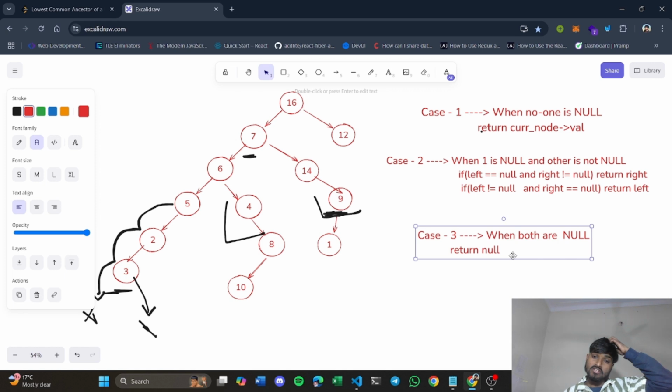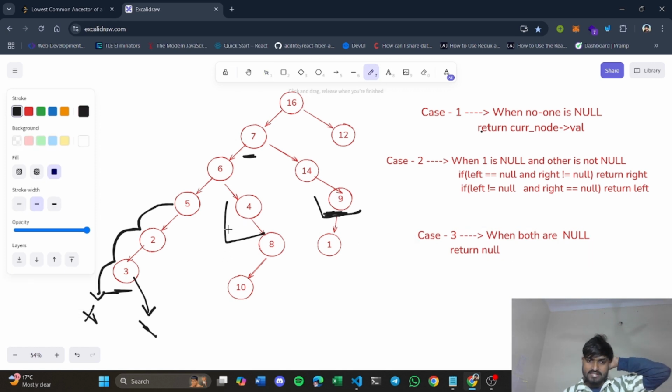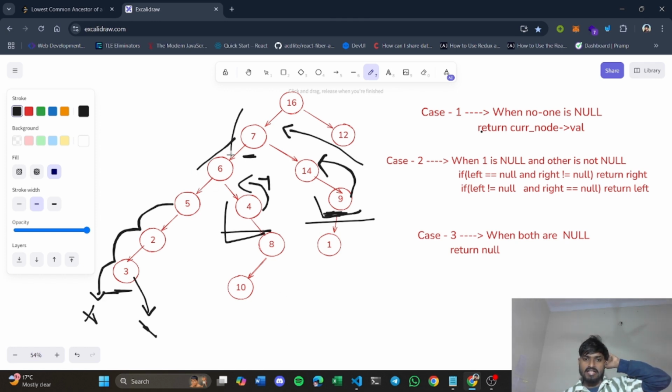But you have to use a base case here, when you actually find these 2 nodes. Let's say you find this node 4 and node 9. When you find node 4, you will return this node 4, and when you find 9, you will return 9 here. And when you come to the common ancestor of these 2 nodes, that is 7, you will return this 7 also. Basically this 7 is your answer.